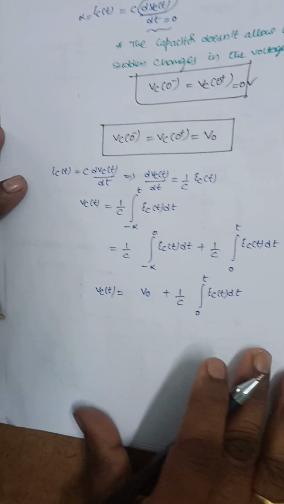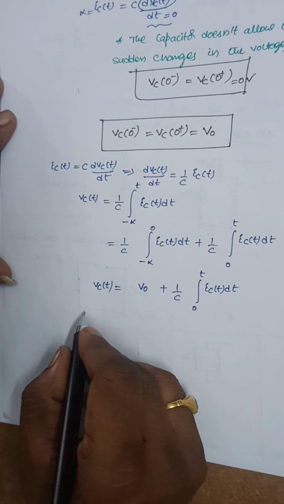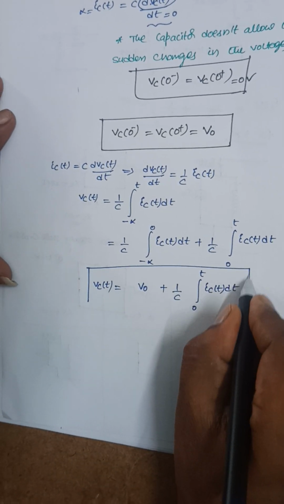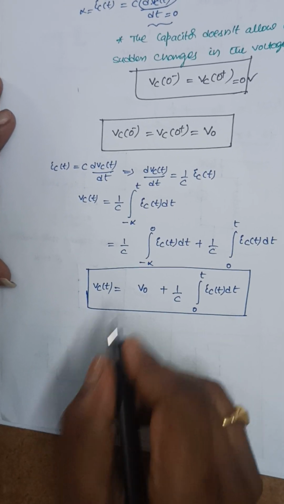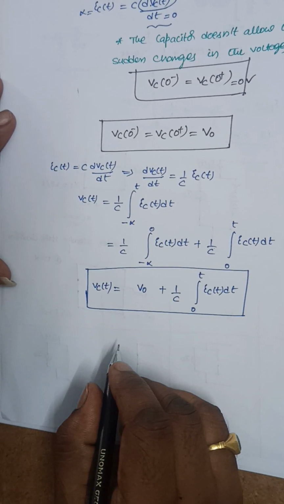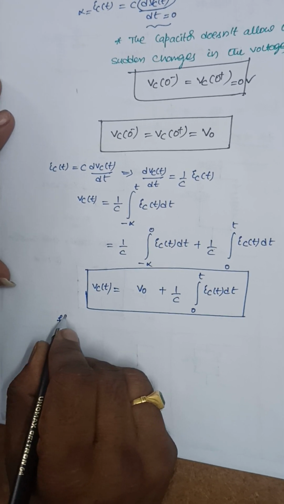And this capacitance, we can represent, so this is Vc of t is equal to, this is the equation, V0 plus 1 by C into integral 0 to t IC of t dt. This capacitance for t greater than 0,